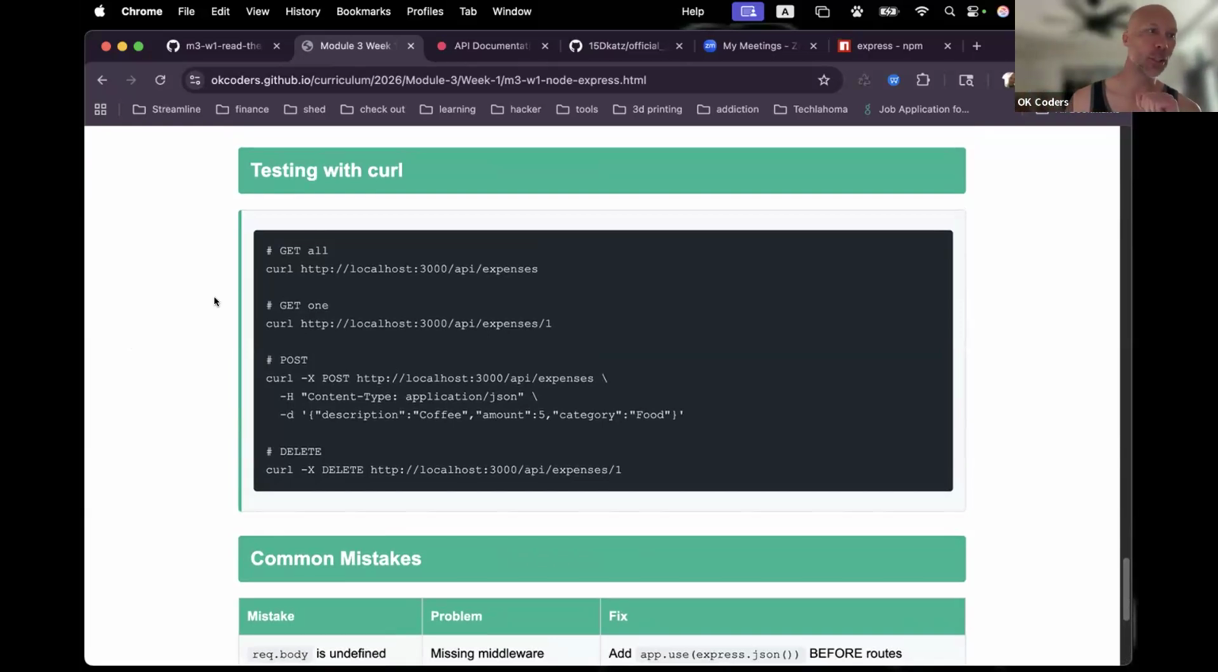All right, does anyone know what curl is? No. So I did not know about curl until like 5 years into programming. And I was like, why did no one tell me about curl? So what curl does, it's basically like a